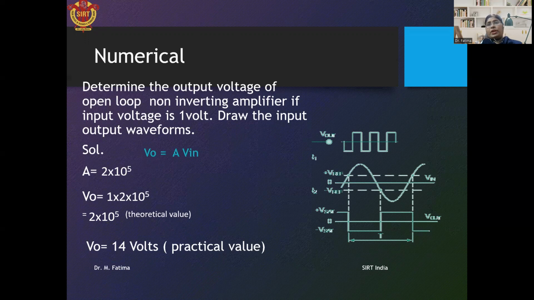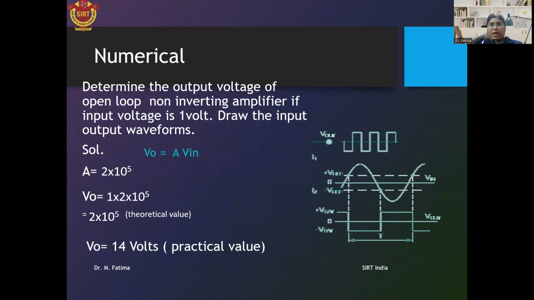The operational amplifier output can only reach a value less than VCC, and this value is called plus V saturation or minus V saturation. That is the voltage swing of the op-amp. So here the output voltage is equal to 14 volts. This is the practical value. The output of this non-inverting amplifier will be 14 volts, that is the plus V saturation or voltage swing of